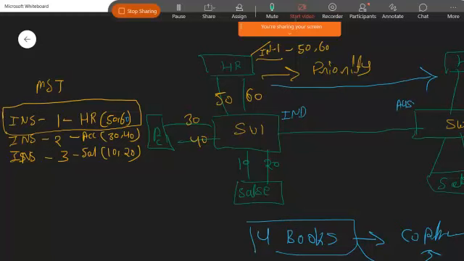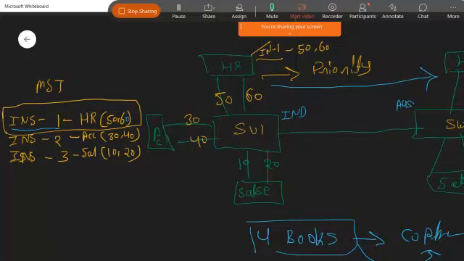If you have some kind of requirement, suppose the HR department has some information which is most critical, right? What we can do is increase the priority for this particular HR department, which exists inside instance one.